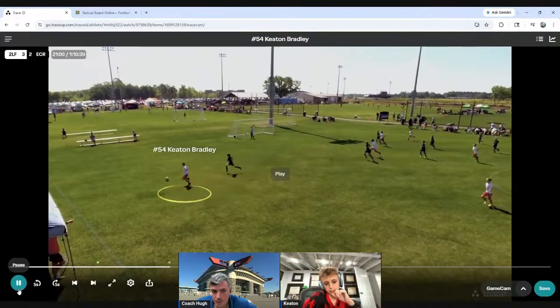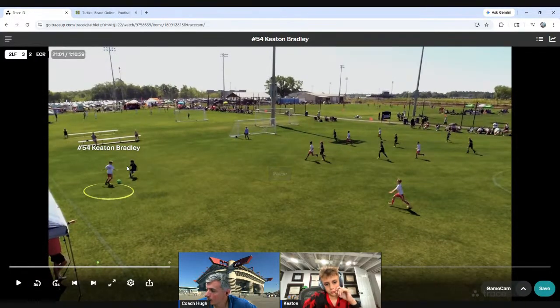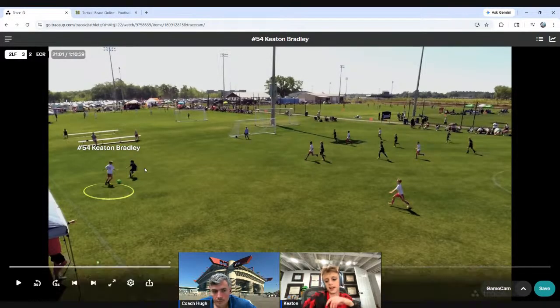But when you take this control touch here, boom, you stop the ball. You now give him the ability to close down even more space. You with me? Yeah. I got you.